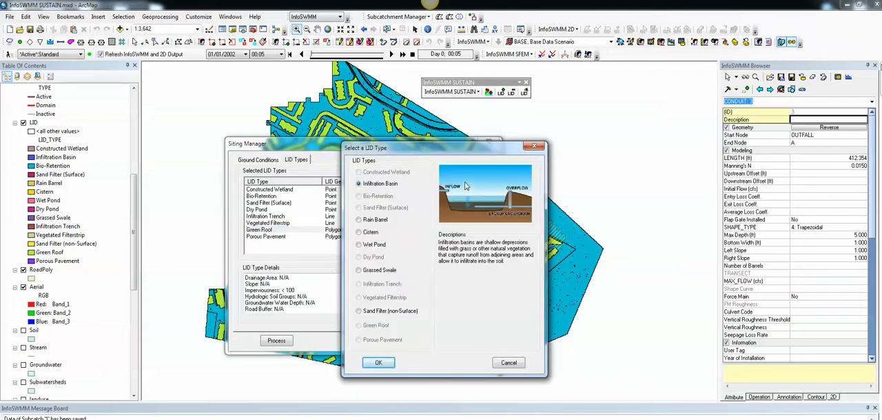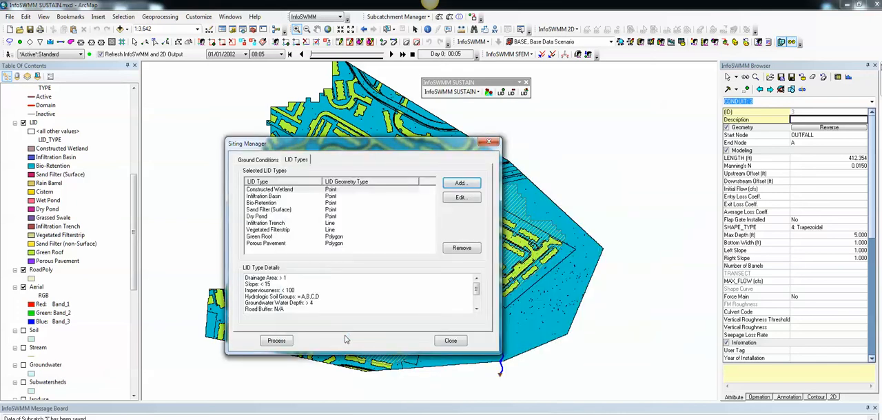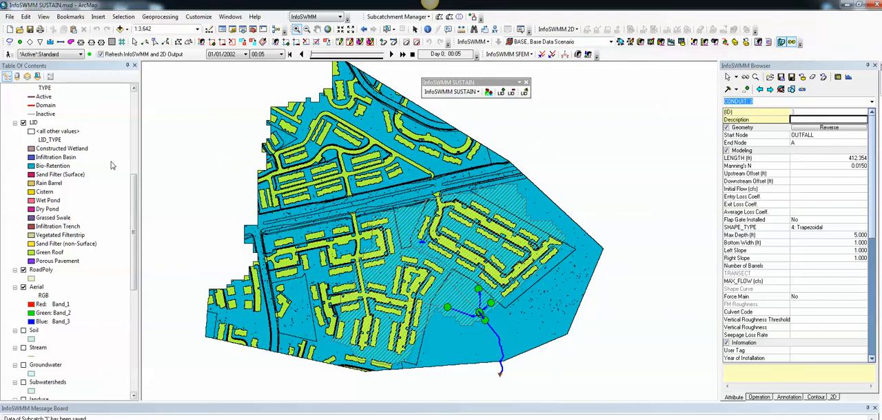There's a wide variety of LID types possible. You have constructed wetlands, infiltration basins, bioretention, sand filter, rain barrel, cistern, wet pond, dry pond, grass swale, infiltration trench, filter strip, sand filter, green roof, and porous pavement. And all these LID types are solved in the simulation model using the SWMM 5 engine code, which is currently SWMM 5.1.007. So you go ahead and you set these up, and you process it, and you make a set